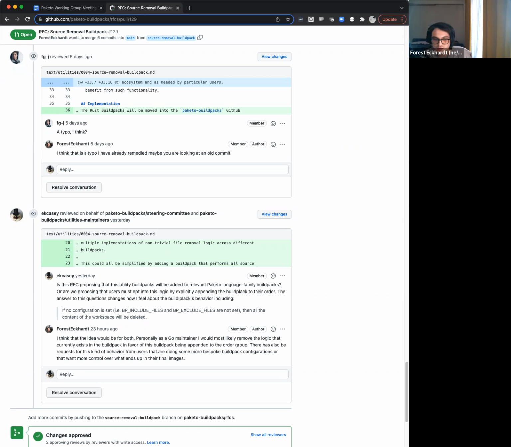But I think moreover, there have been people requesting the ability to remove things from their workspace once they have done builds for sort of bespoke configuration. So we've seen this request in people that are using Angular to build out, like, transpile everything into static JavaScript, and then they want to run it using, pick a server, and then they want to delete all of their unused source because it's just bloating out their image at that point, or delete unused modules or something to that effect.